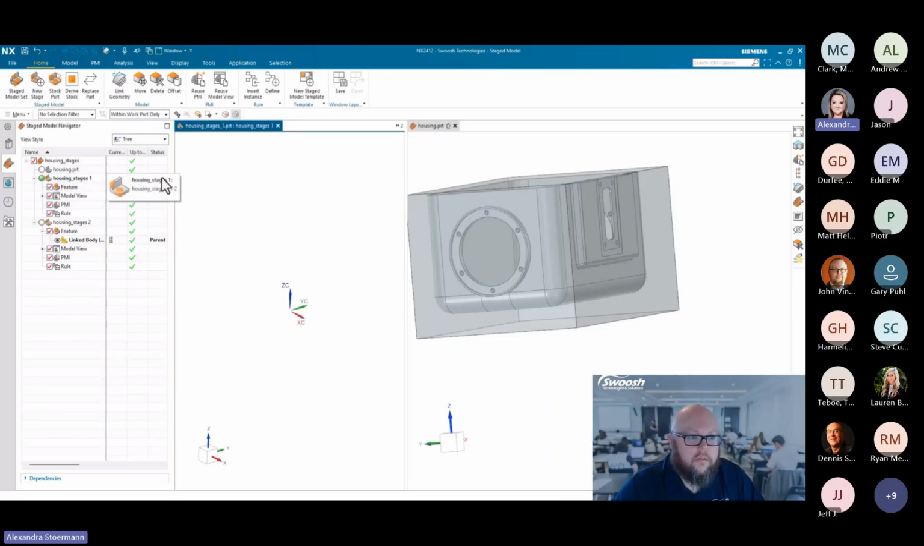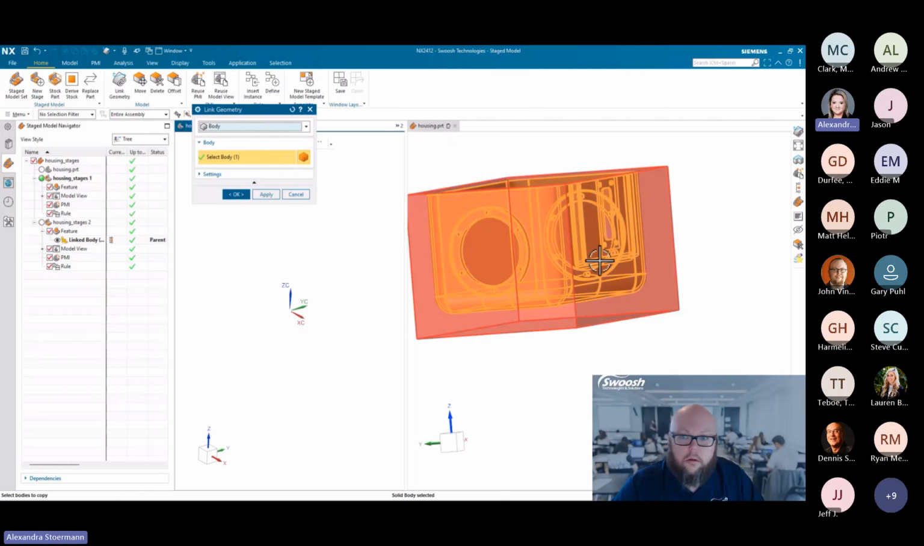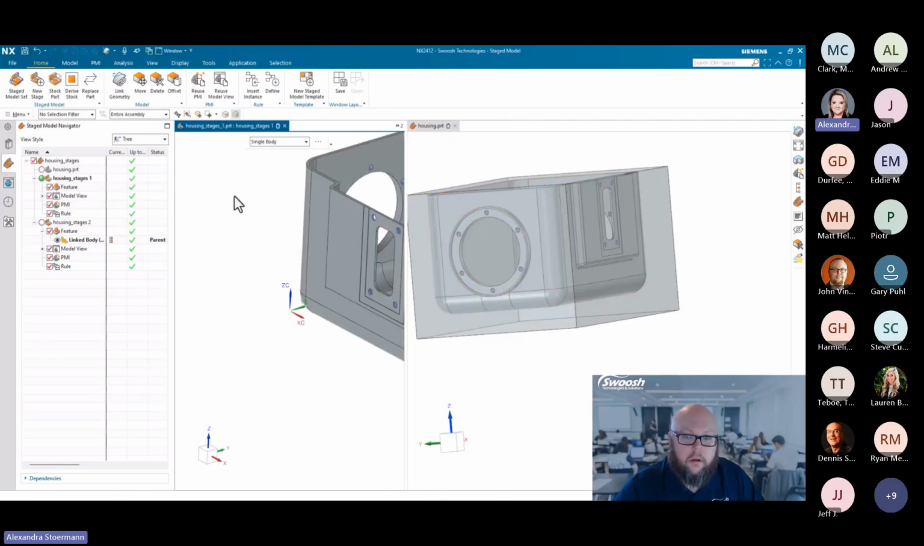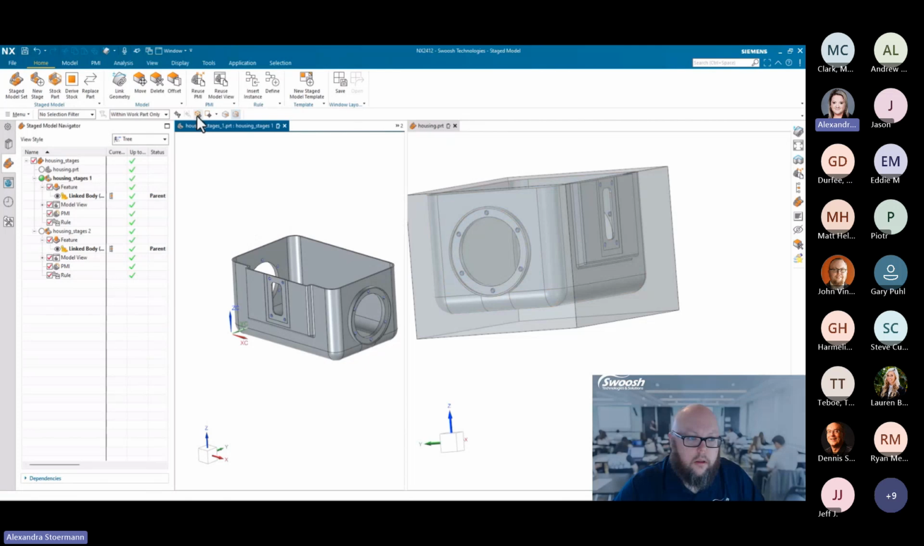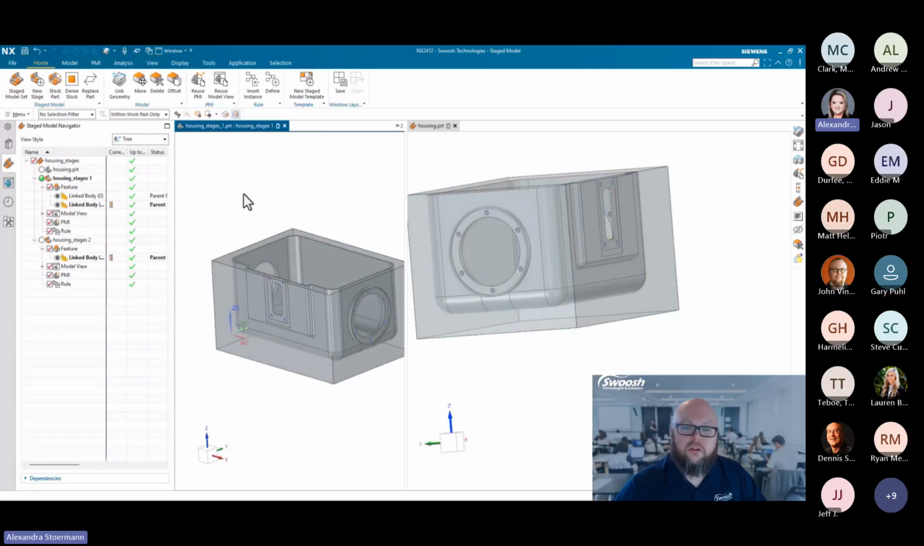So I'm going to go ahead and do a similar action inside of stage 1, where I'm going to start by linking my finished part geometry. And I'm going to do a second link of the blank geometry. So I'm going to create a stage model at this point of essentially the result at the end of